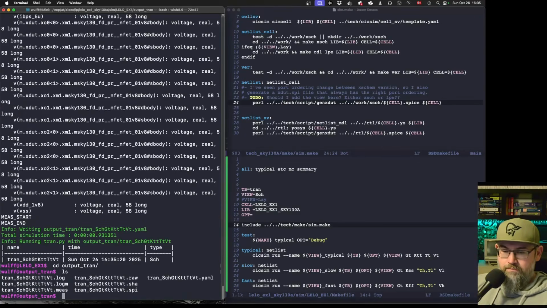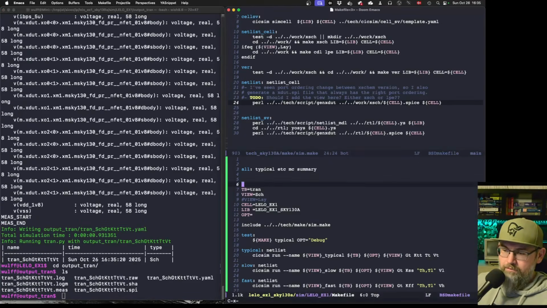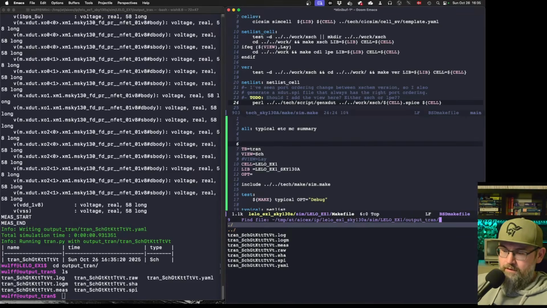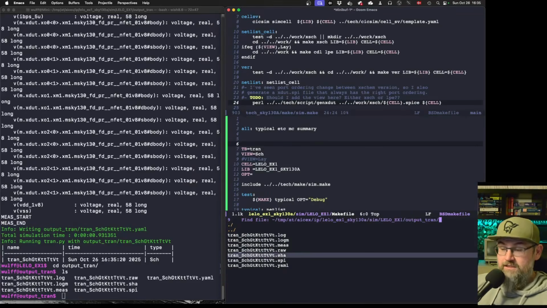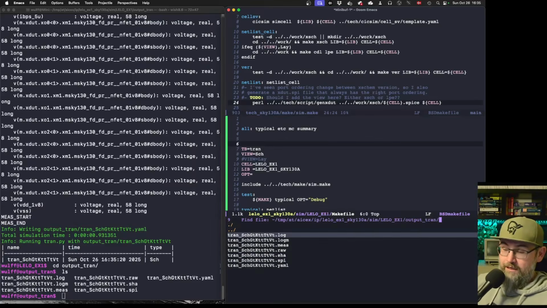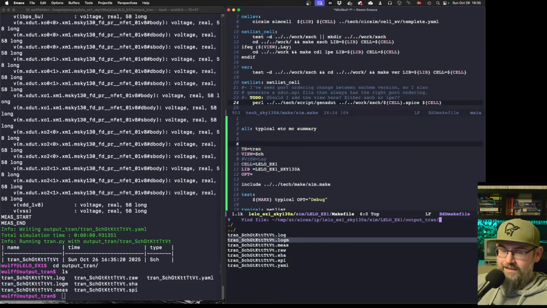So if we look at the output directory, then there's going to be a spice file in here. Actually, there's a bunch of files. You have a log file, which is the log from ngSpice. You have another log from ngSpice based on the measurements. Because, okay, this is preempting a little bit, but